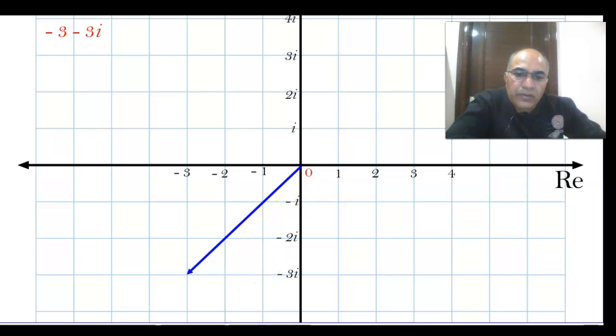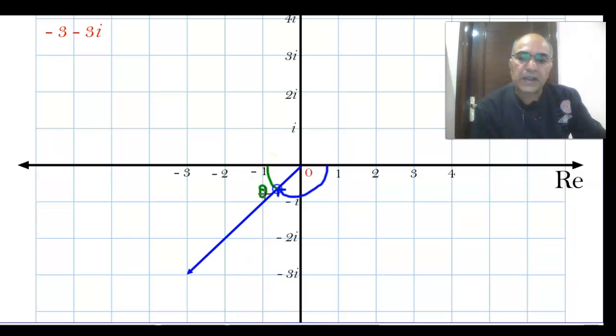Now the principal argument of this complex number is this angle with a negative sign. Measure of this angle with negative sign. Now to measure this angle, first of all measure this angle, it will be theta. We drop a perpendicular on the real axis